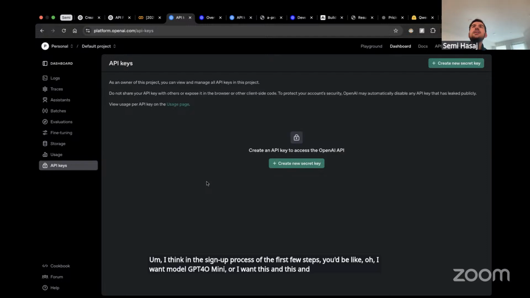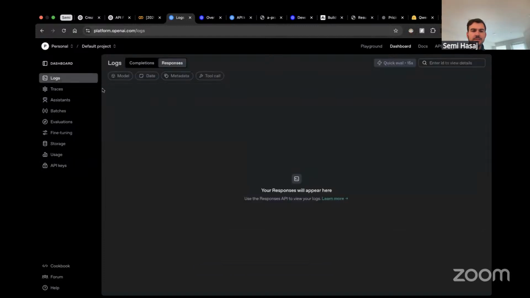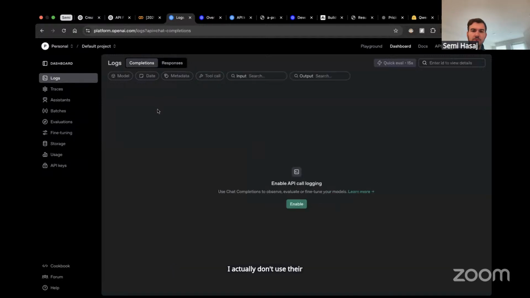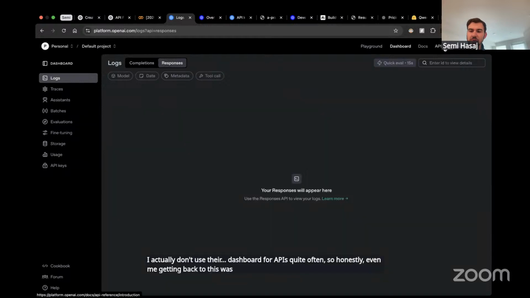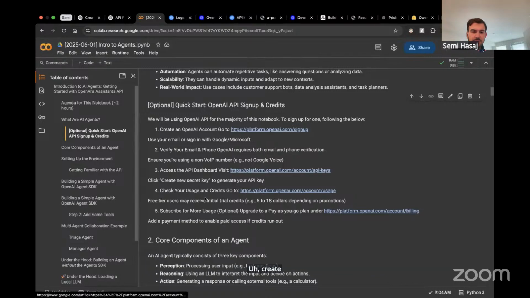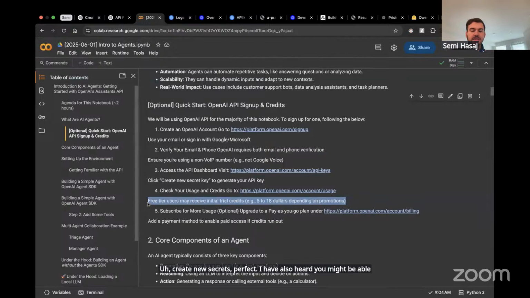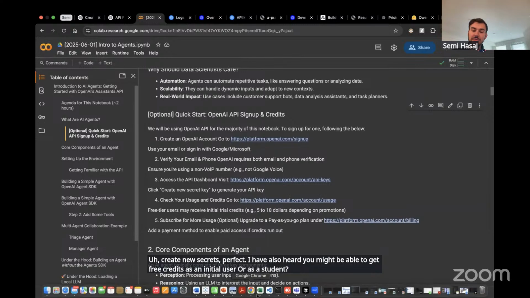And I think you could pre-populate it with some credits and hit the ground running. Let's see, logs. I actually don't use their dashboard for APIs very often, so honestly even getting back to this was a little bit frustrating. Create new secret. Perfect. I have also heard you might be able to get free credits as an initial user or as a student. Feel free to try that out.